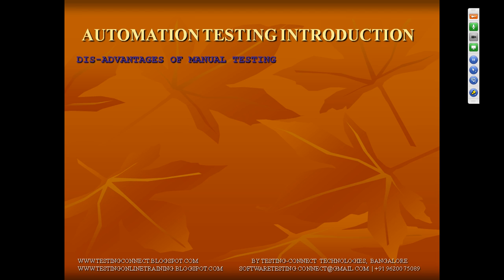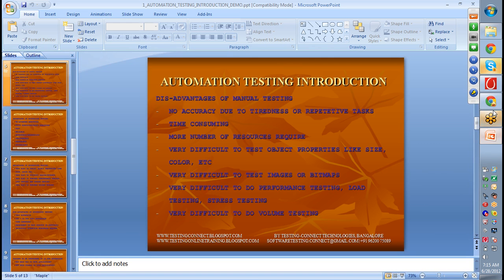So per year, how many major releases will you come across? 4 major releases and 12 minor releases. That means you could have executed the same set of test cases 12 plus 4, 16 times per year. And one more important thing is